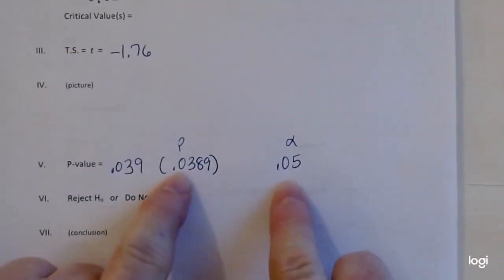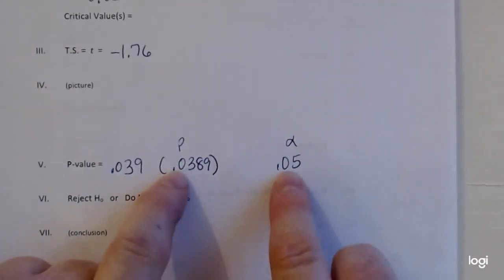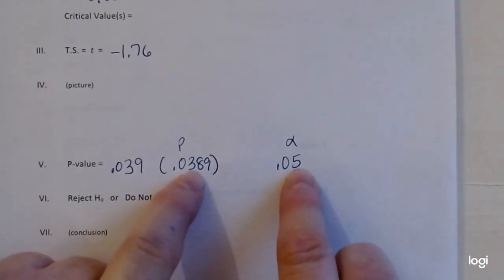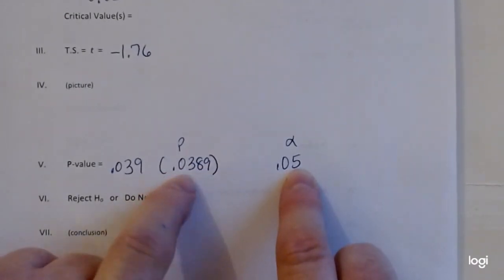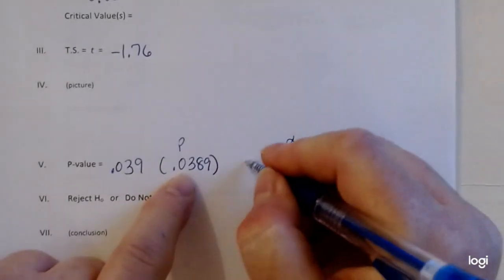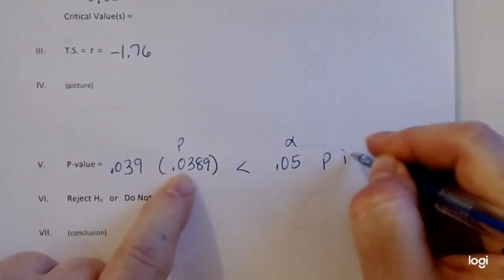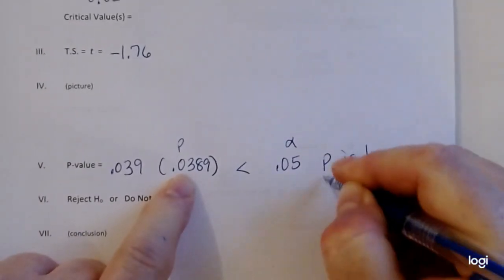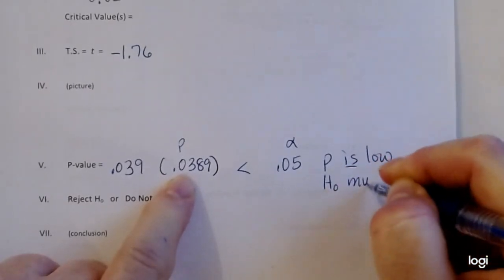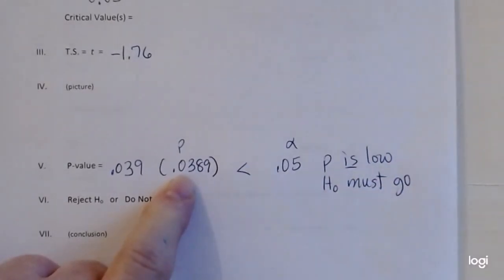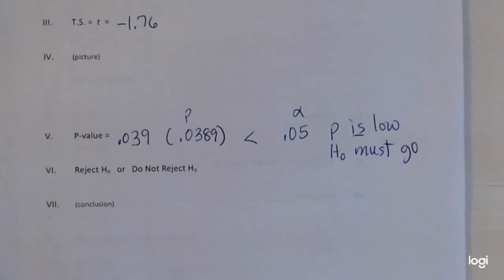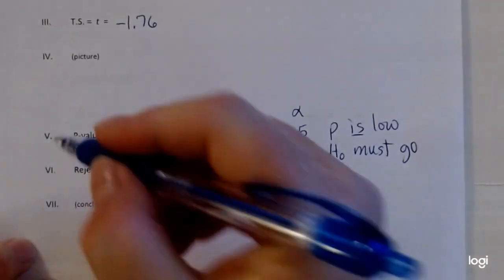If you compare it place by place, this is a 0, 3 is less than 5. These numbers back here don't make any difference because 3 is less than 5. So p is low. So H naught must go, so we reject H naught,